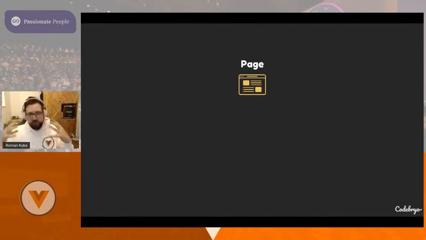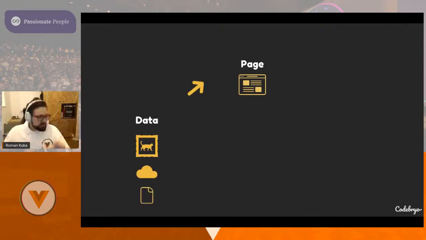So let's assume we want to build a static page. It can be a personal page, an application page, or whatever. The first important part is, how can we get our data into this page? We have either images or data that can come from the cloud, from everywhere. We use a hosted CMS like Contentful or Storyblok, and this is preparing our content basically.